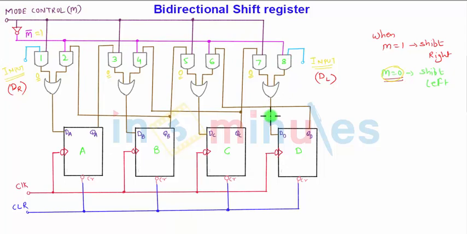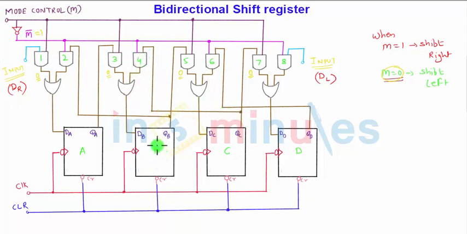Whatever the data, it will go to the D flip-flop, that is the input flip-flop, which is also a D flip-flop here, delay flip-flop. So whatever data comes in the D input will go to QD, and from QD it will route to gate number 6, which is also active. From 6 it will go to the C flip-flop, and from QC it is routed to the 4th AND gate.